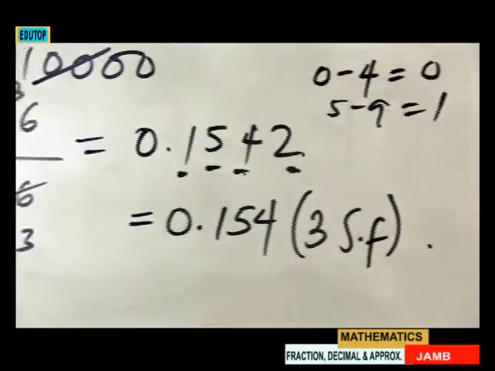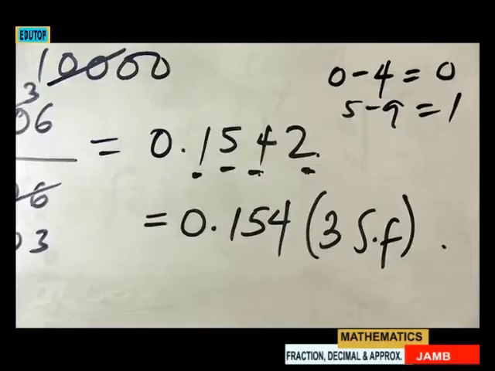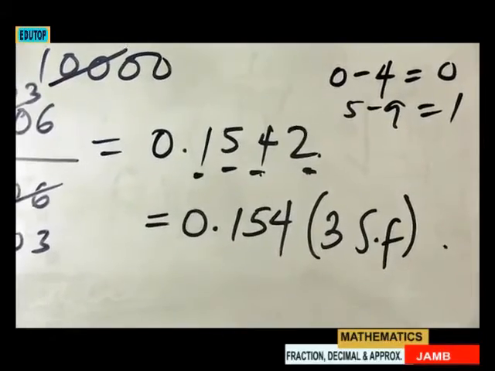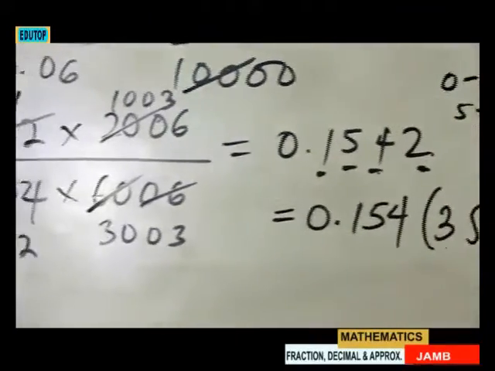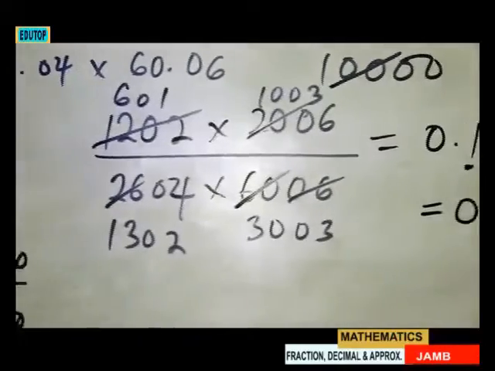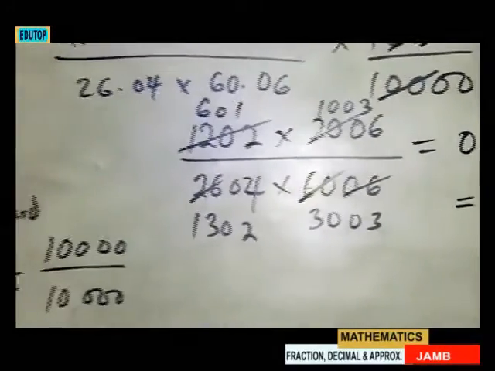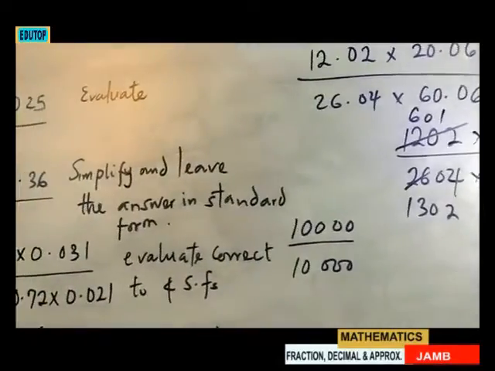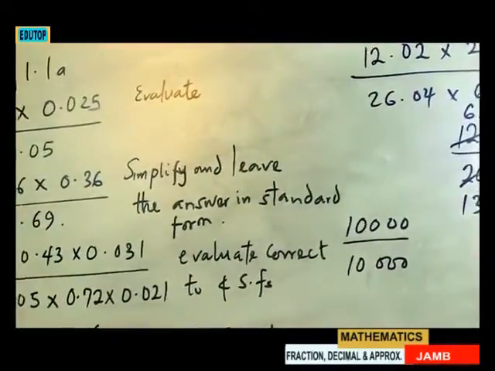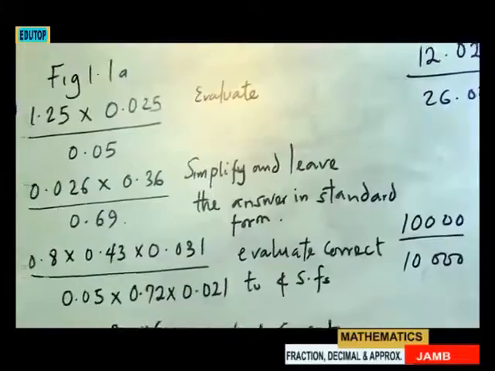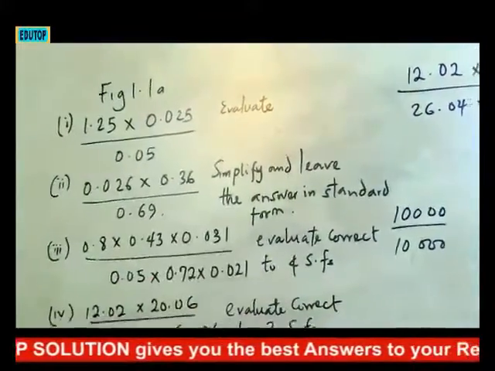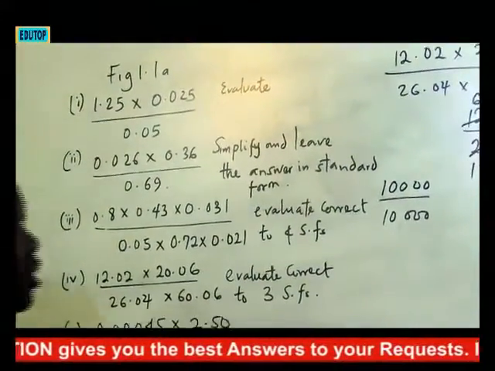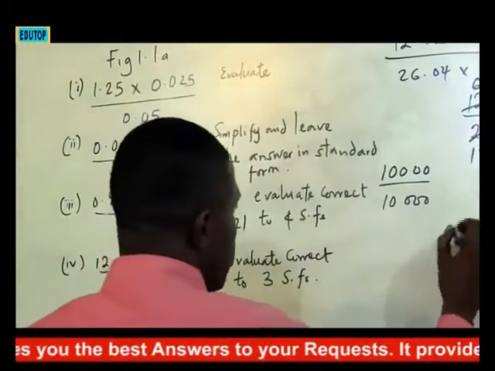Then question number 5 is still the same trend. And all these questions that you have here are typical JAMB or UTME questions with the designated years on the screen. So you can easily trace the particular year for the particular question. So the next one is question number 5, which says that